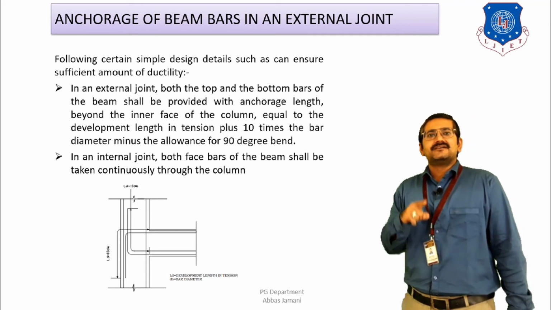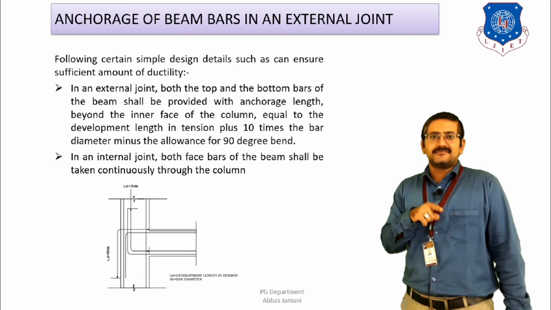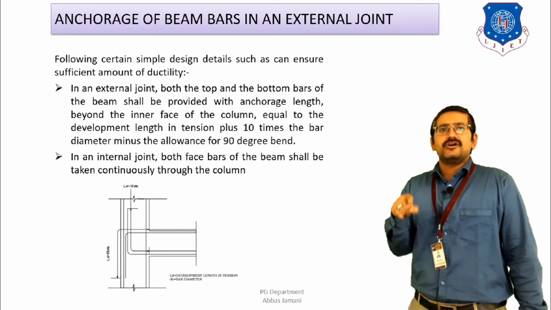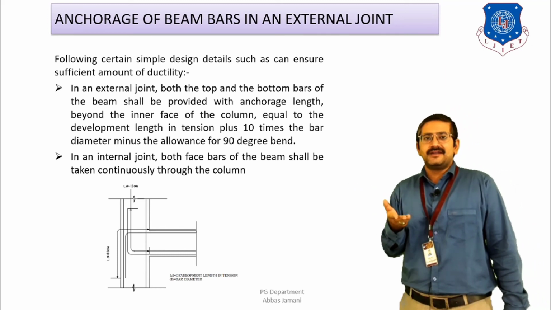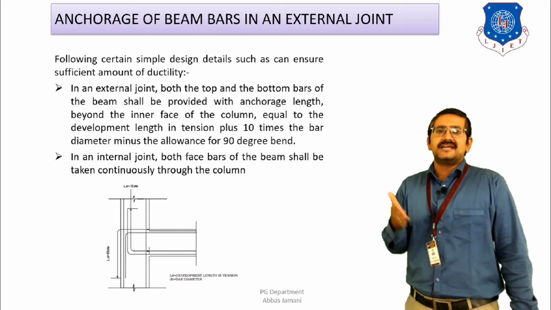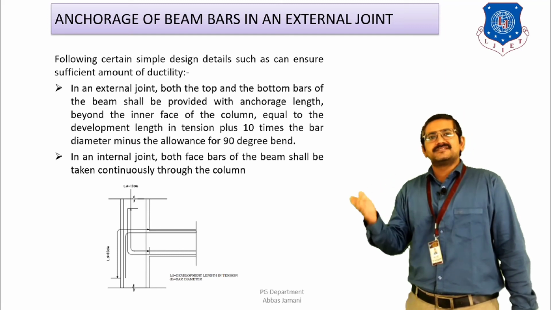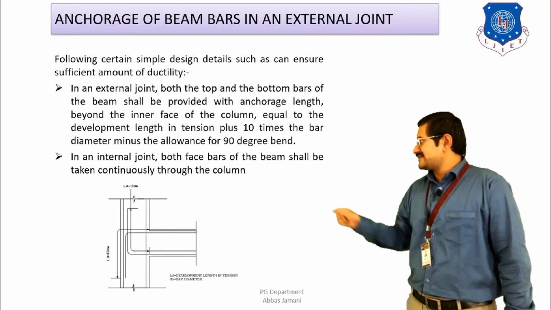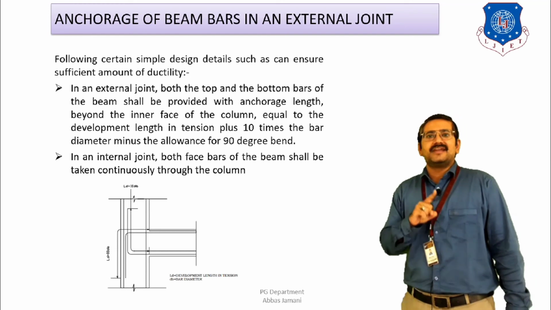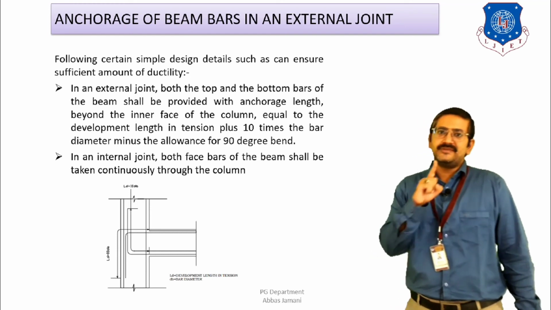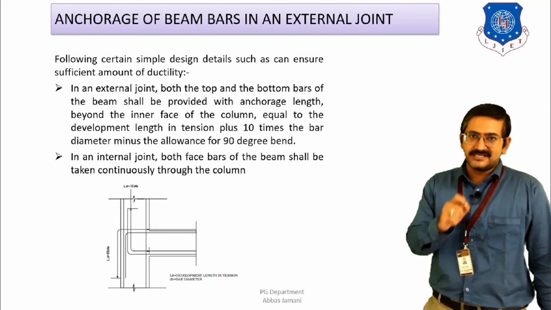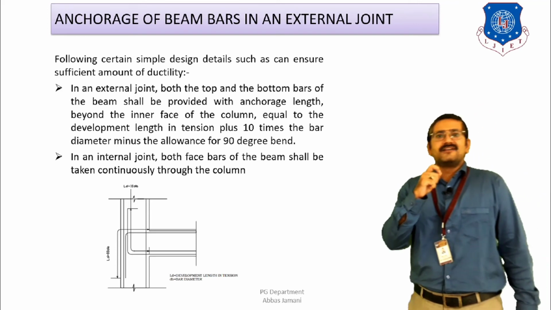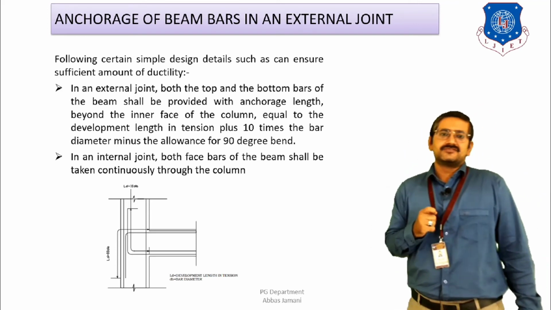So if I am having a bar diameter of, let us say, 16 mm, then 10 times bar diameter is 10 into 16, that is 160 mm, plus the development length. If I am getting the value of development length from IS 456 as 50D, then 50 into 16 is 800, 800 plus 160 is 960. So the L that is going to be formed at top and bottom of the beam, which is going to be anchored in the column, has to have a minimum length of 960 mm. And if this is done, then the complete fixity is going to develop at the beam column junction, and the ductile behavior is going to be possible.